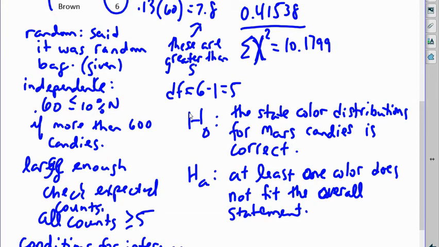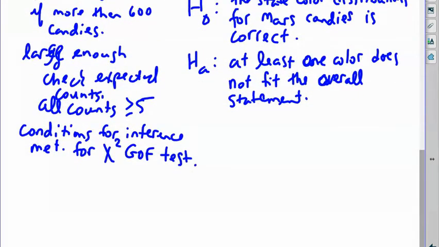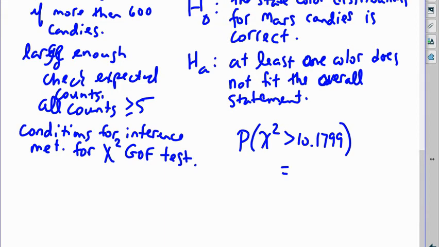Okay, and I've just found my chi-squared. So now I am going to test the probability that a chi-squared is greater than 10.1799. Let's find out what the probability of that is. To hopefully quickly go to my calculator, I'm going to do the